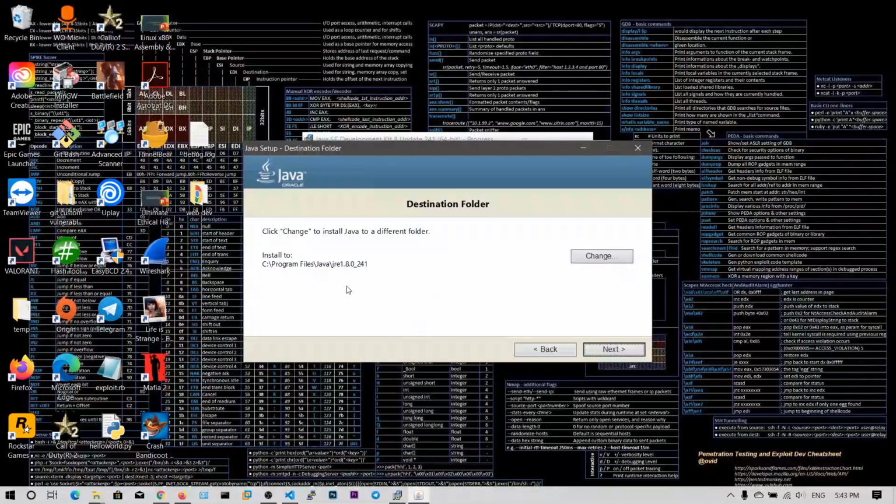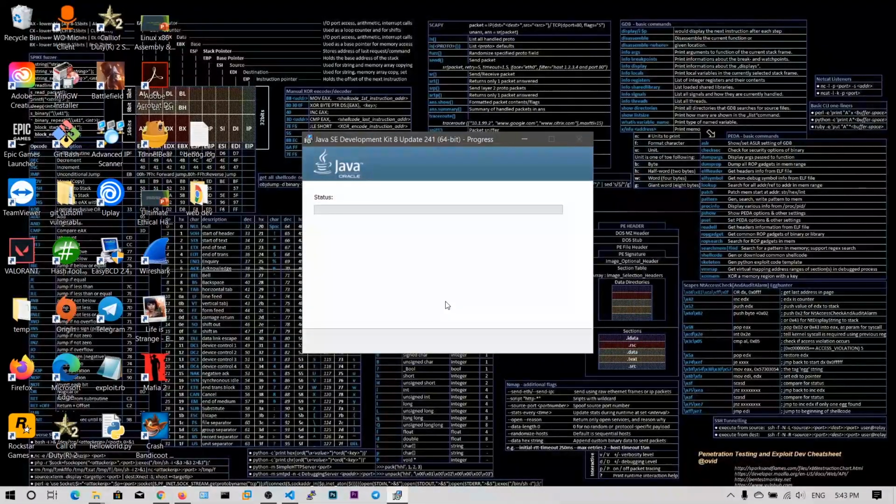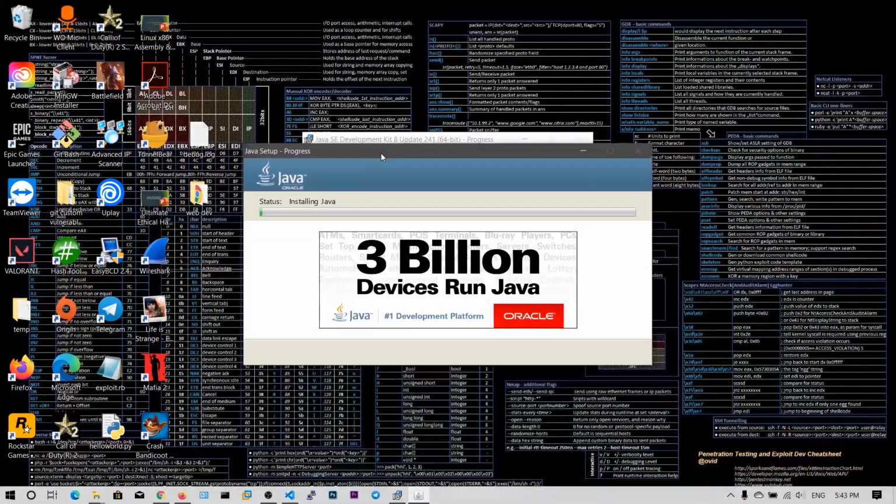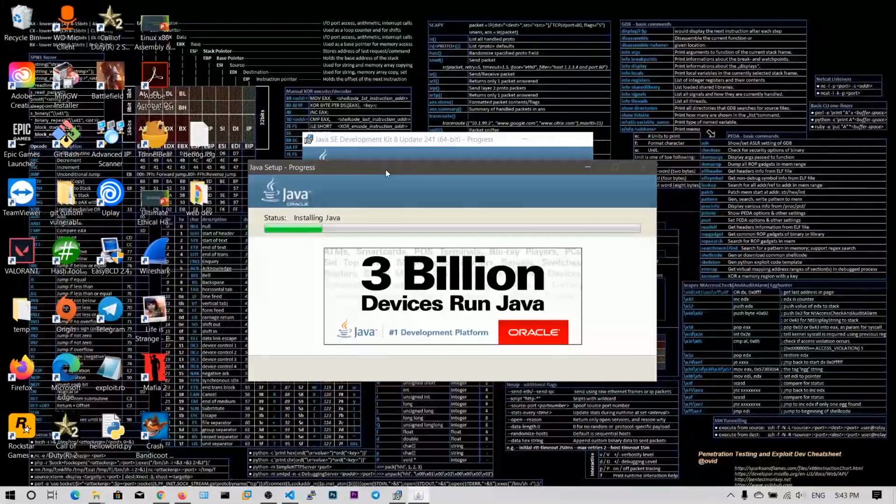It's also going to install this Java runtime environment. Now click on next. I'm going to use the Firefox browser for Burp Suite because I don't want to mess up some proxy settings with Chrome.